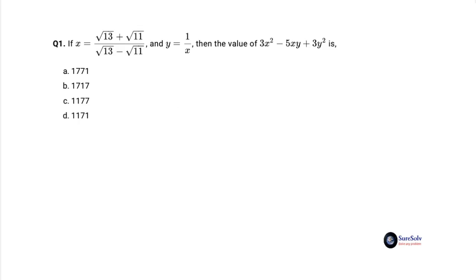Can you see that with y as inverse of x, the direct expression reduces to sum of inverse of squares, like 3x square minus 5xy plus 3y square equal to 3 times x square plus 1 by x square minus 5. And for you, it is easy to evaluate x square plus 1 by x square if you know the value of x plus 1 by x. Just express x square plus 1 by x square as x plus 1 by x whole square minus 2. The direct expression will take the changed form of 3 times x plus 1 by x whole square minus 2 minus 5.